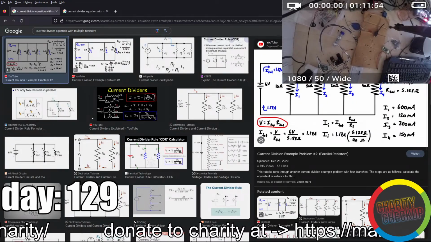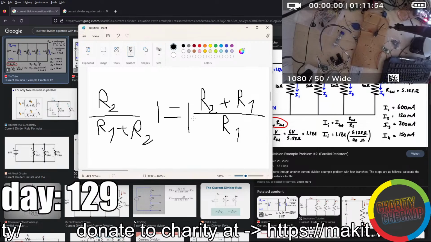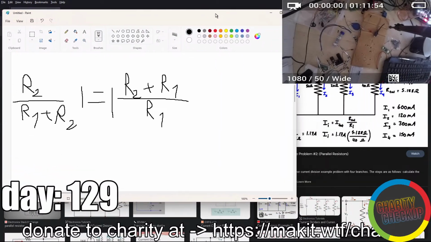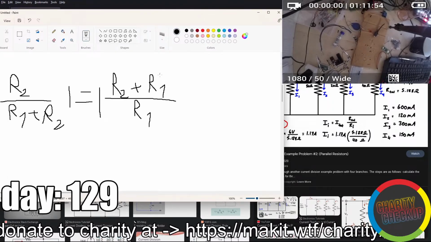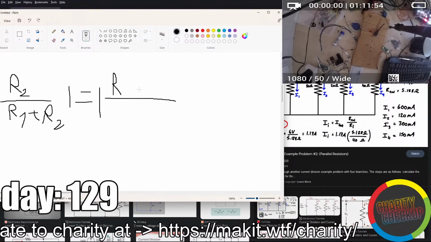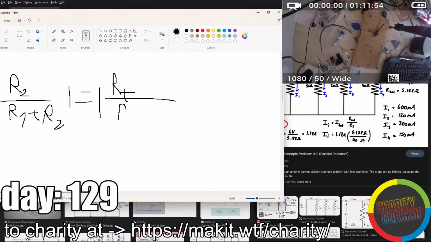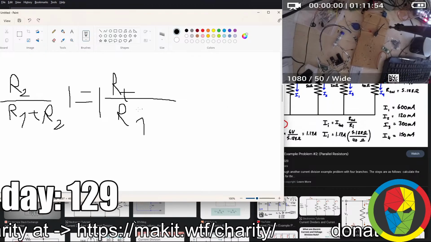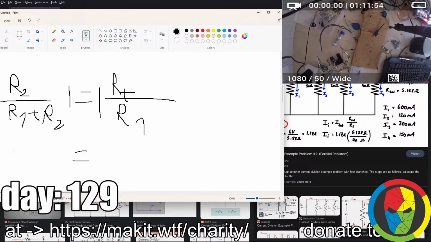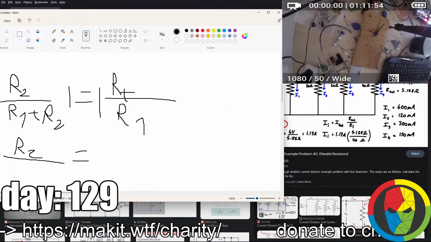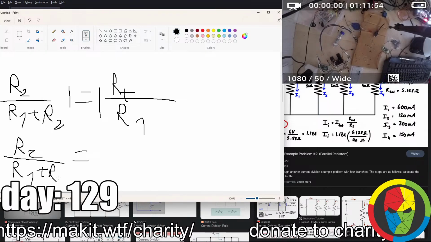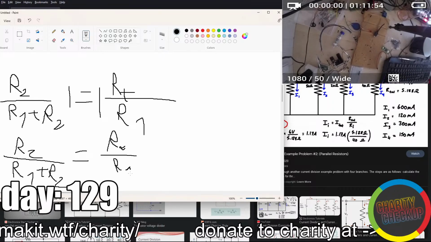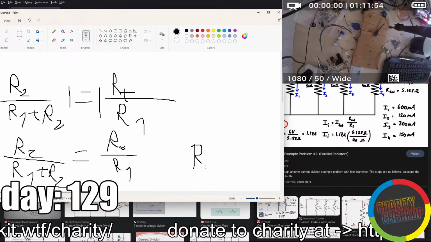Why is this equation... Yeah, I wanted to check. No wait, this is total resistance. Ooh, almost got me there. Total resistance, R1. Now, total resistance. First of all, we can divide both sides by I, which basically means that we get R2 divided by R1 plus R2 is equal to total resistance divided by R1. Now, total resistance